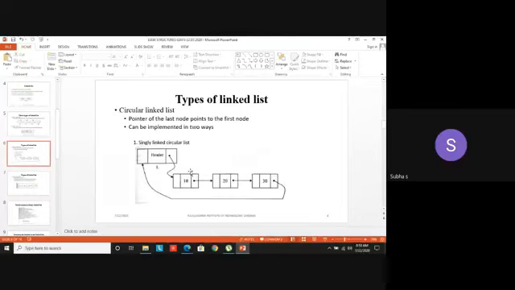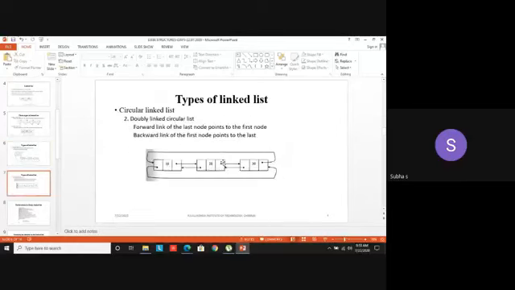Hope you notice the difference. Yes, this is in a linear fashion. That is, it's in one direction only. It's in the forward direction, but the last node is connected to the first node. But in a doubly linked list, as told earlier, we have two links, forward link and backward link. The forward link of the last node is pointing to whom? Pointing to the first node. Then it forms a circle. Similarly, the backward link of the first node should point to whom? Should point to the last.